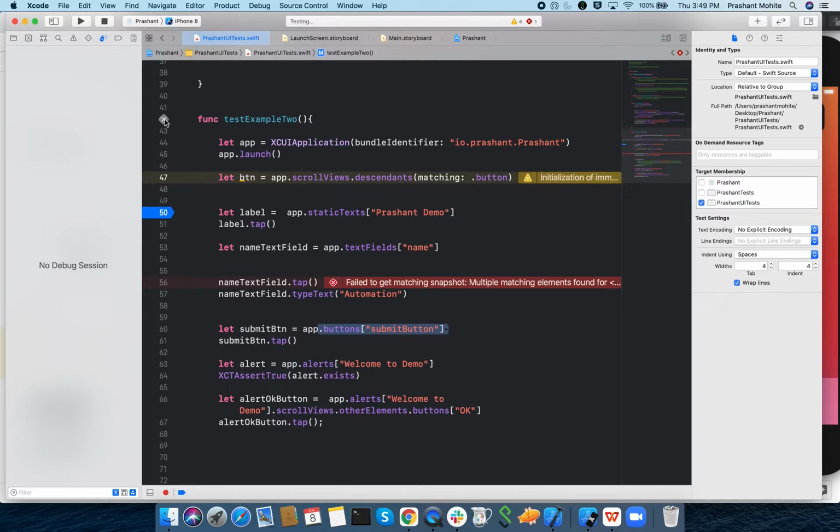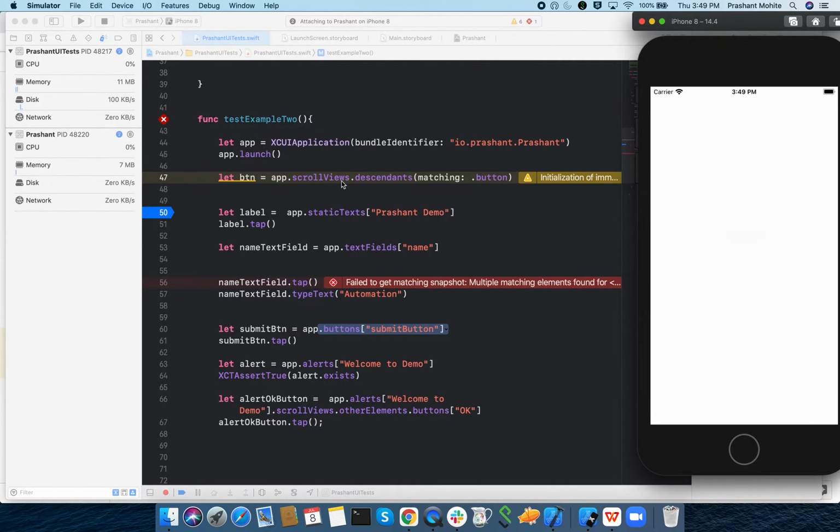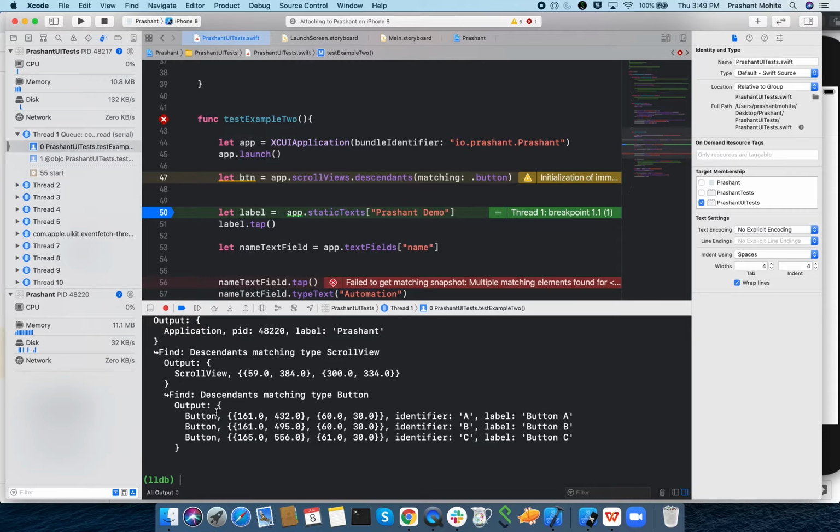Now let's see how many buttons we are getting. We should get 3 buttons now, because our query is saying that we need buttons which are inside the scroll view. See that it is matching with the scroll view, and in the scroll view there are 3 buttons, button A, B and C.